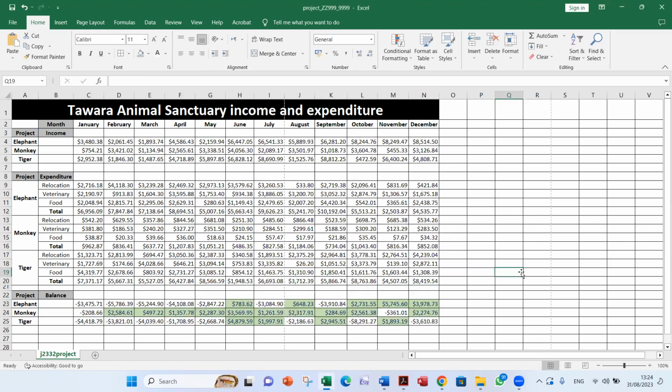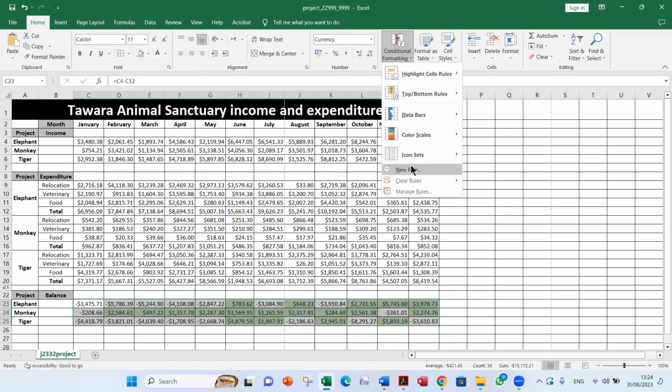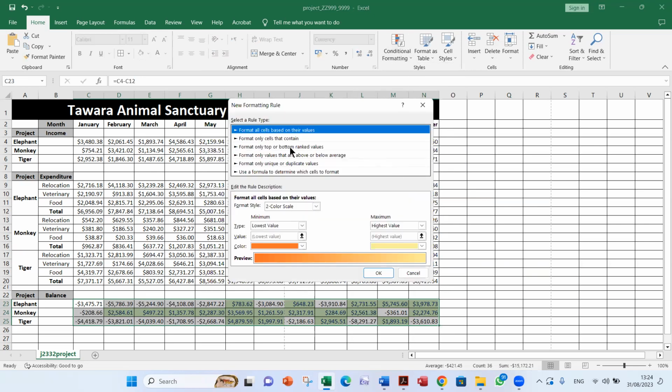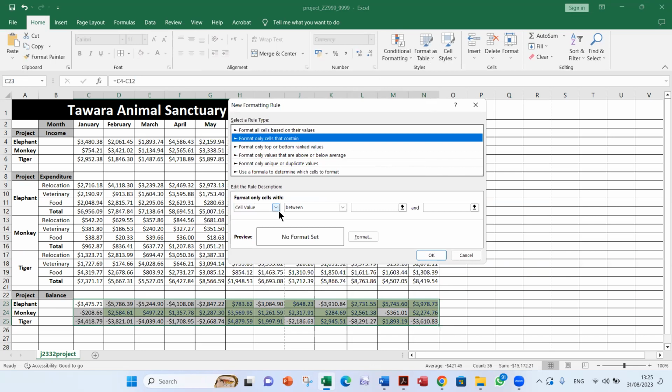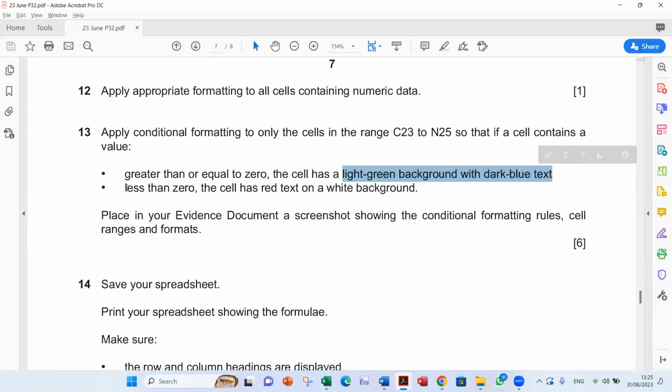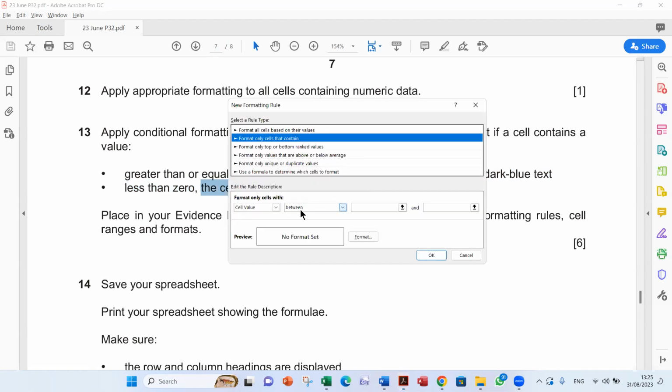All cells with positive values are now automatically highlighted with a green fill, and the text is dark blue. Please highlight the same cells again, and go to conditional formatting, and let us put the second rule. Click on new rule. Format only cells that contain cell value. Let us read. If the cell value is less than 0, which is negative, the cell has red text on white background. So cell value less than